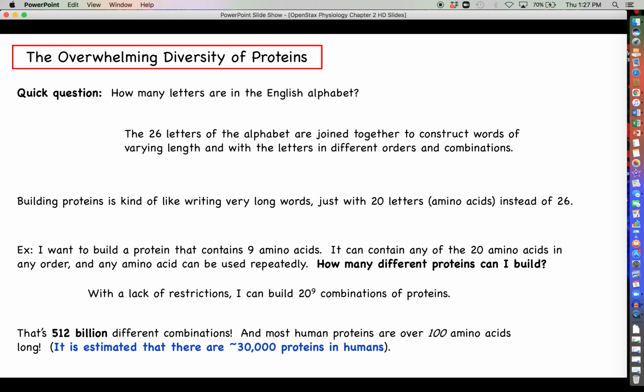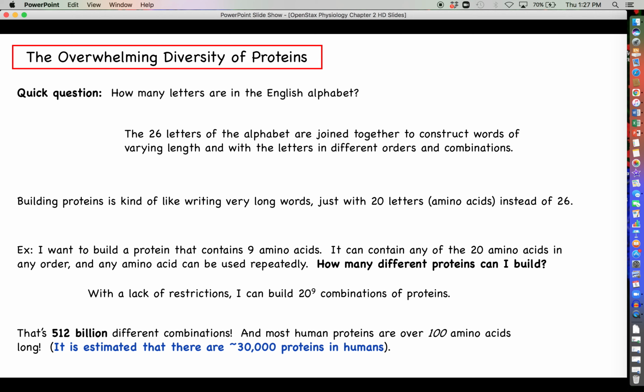512 billion different combinations of proteins that contain a total of 9 amino acids. And let me blow your mind even more. Most human proteins are well over 100 amino acids long, so that would make the number exponentially greater than 512 billion. If you tried to do the math in that case, your calculator would start giving off smoke and it